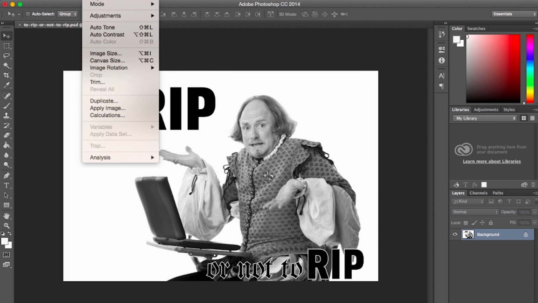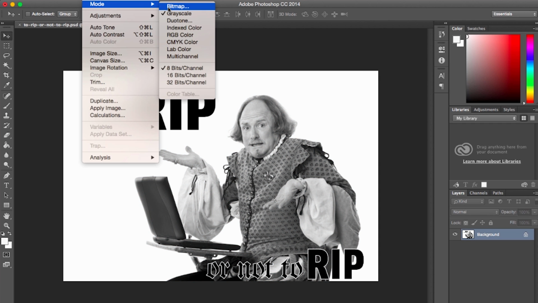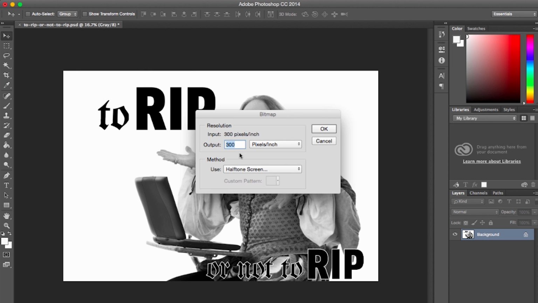Secondly, we're going to go to image and then mode again, and we're going to turn it into a bitmap, which allows us to input halftones. Now, a bitmap is the worst quality of image that we have. It's worse quality than a JPEG, so you're going to see it degrade a little bit. It does allow us to set our output settings, which is typically the DPI of your image. So I'm going to put 300 DPI, which is probably the best quality that we're going to get,